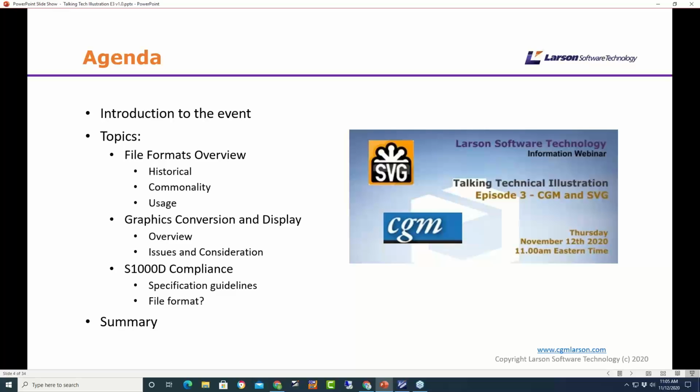Then we'll talk about something very specific, might not be for everybody on the call, but if you're working with S1000D, the technical publication specification, then a bit of information around that, and more specifically CGM, and then we'll do a bit of a summary.